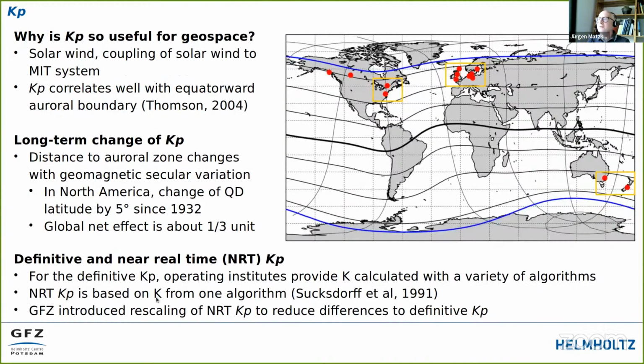So I would like to say three short things, which I don't want to talk too much about: why is KP so useful for geospace studies? Well, we have seen it's depending on solar wind. It's also depending on the coupling of the solar wind to the magnetosphere-ionosphere-thermosphere system. That was the seasonal dependency. And we know from the nice paper by Thompson 2004 that KP correlates very well with the equator auroral boundary